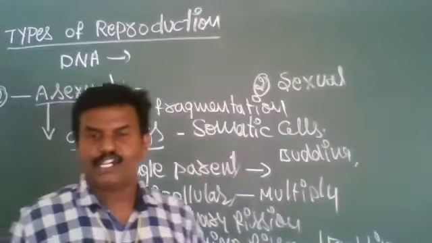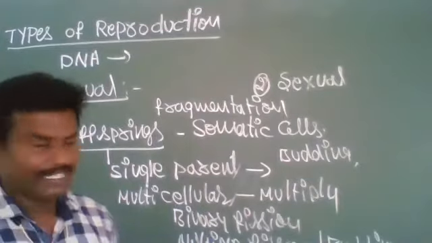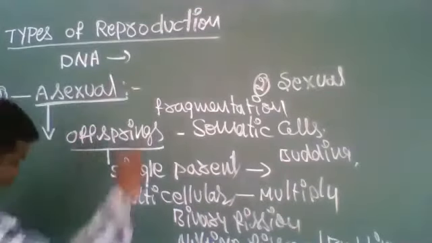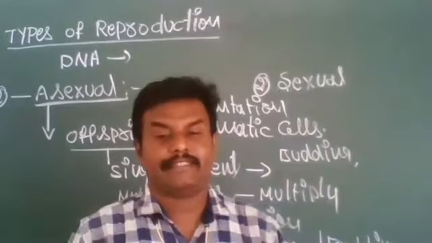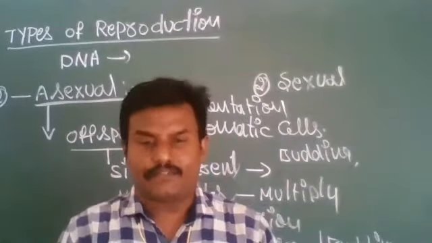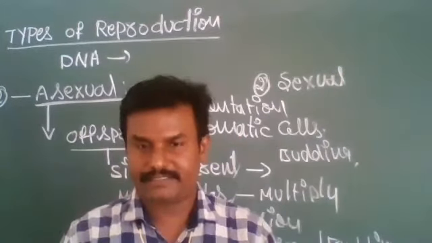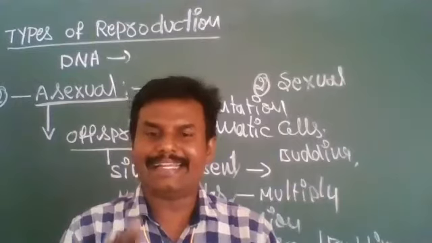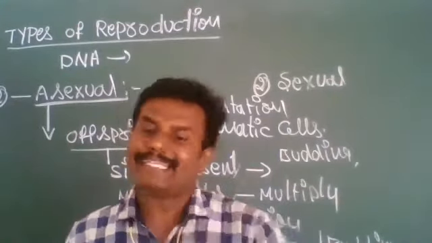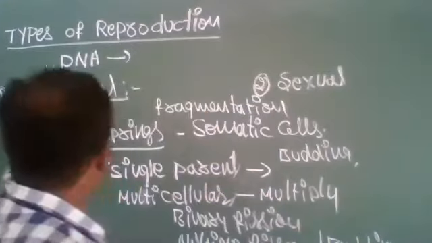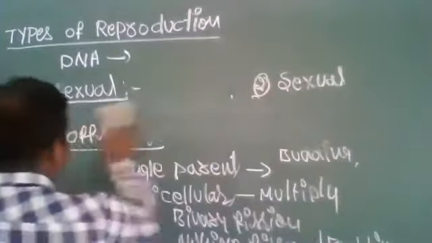Through these processes, new cells, identical cells or organisms, are formed. That is asexual reproduction. Asexual reproduction means production of offspring without the fusion and production of gametes. Those offspring are identical to the parental organisms and are formed from somatic cells. That is asexual reproduction. Next, we will see